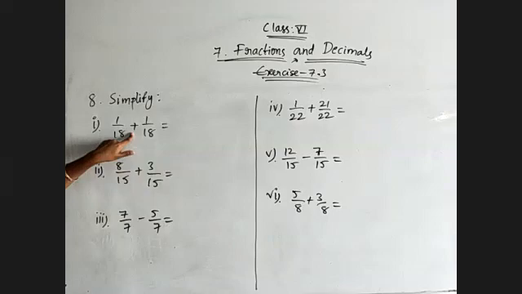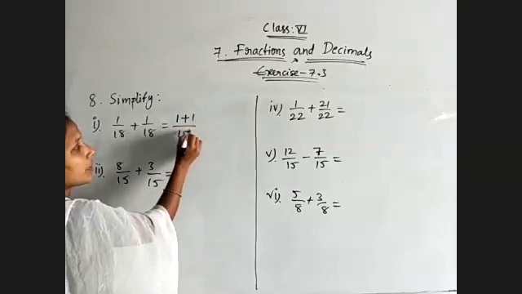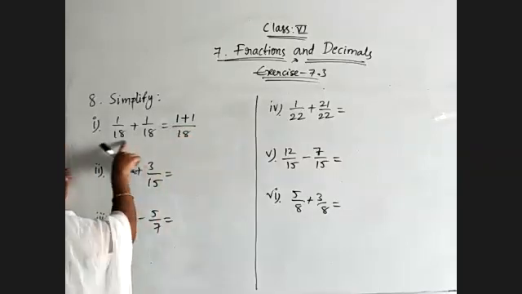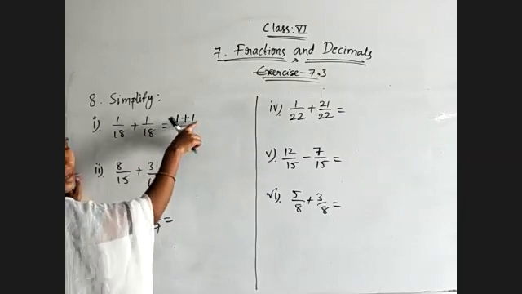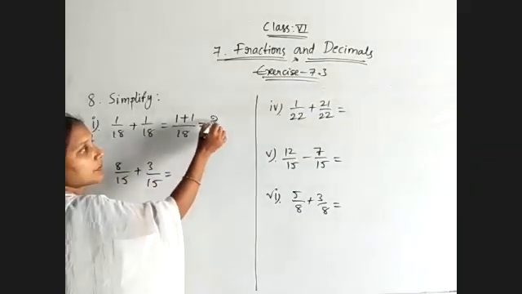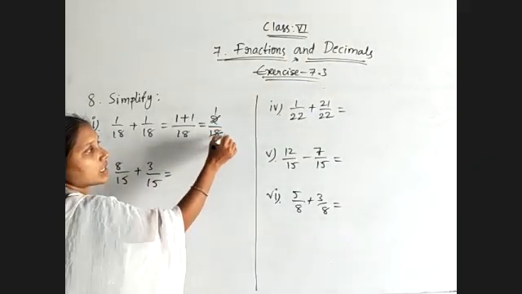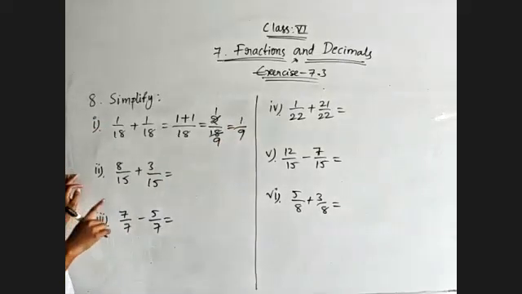So for the addition, the sum of 2 like fractions is equal to the sum of their numerators by the common denominator. The common denominator is 18. Numerators are 1 and 1. So 1 plus 1, which will be equal to 2 by 18. 2 by 18 is not yet the simplified form. 2 ones are 2, 2 nines are 18, so 1 by 9. After the calculations, you compulsorily need to represent the resultant fraction in lowest form.